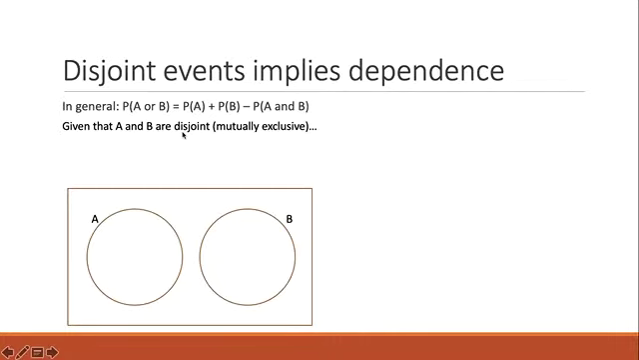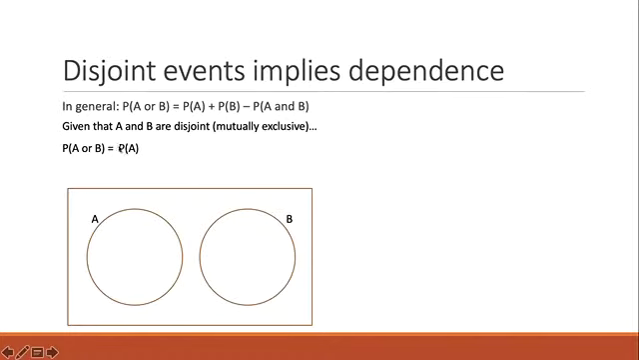Here's a picture of what that looks like. In terms of a Venn diagram, here are all of the outcomes that are possible when A occurs. Here are all of the outcomes that are possible when B occurs, and they don't share any outcomes. In other words, they are mutually exclusive, or disjoint. They can't happen simultaneously. So if I want the probability of A or B, that means